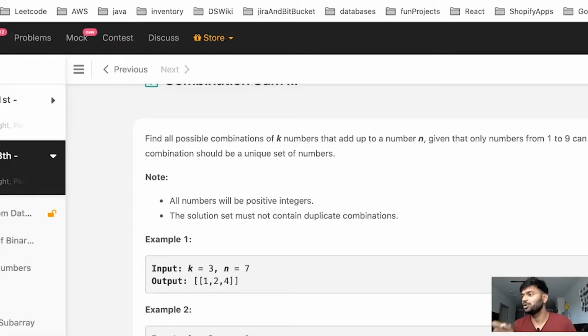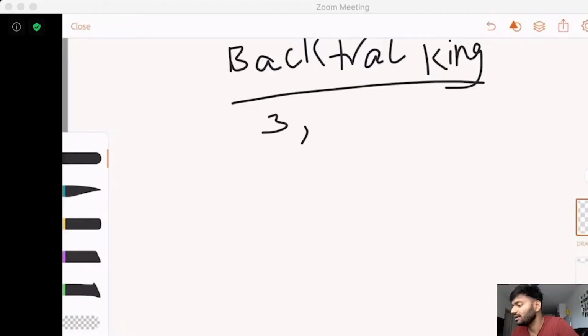Say for example, permutations. With 1, 2, 3, you start with 1, put 2 and then 3, then remove 3, remove 2, and then you go 1, 3, 2 and so on. If you want to achieve all these combinations, permutations and various different paths that you can explore in a tree, that's where backtracking is really useful. So let's understand backtracking using this problem.